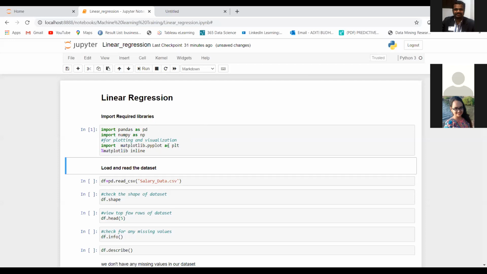So open this notebook and also load your data set. This is the data set which I had sent in the WhatsApp group also. So just load it, upload it in your directory. So kindly do that. Have you already done that, or do you need a couple of minutes?